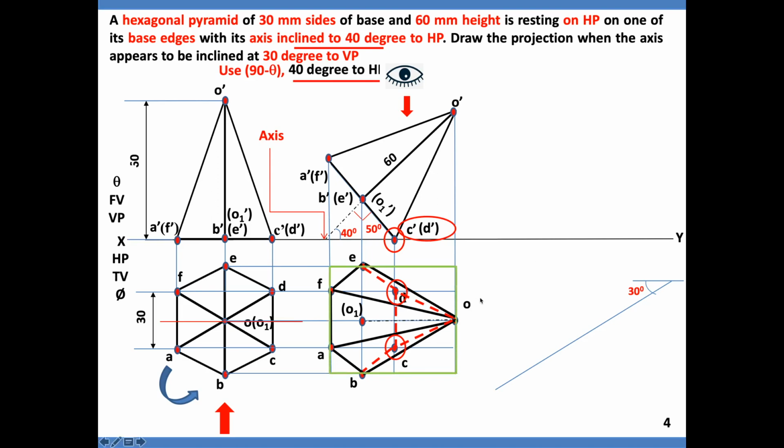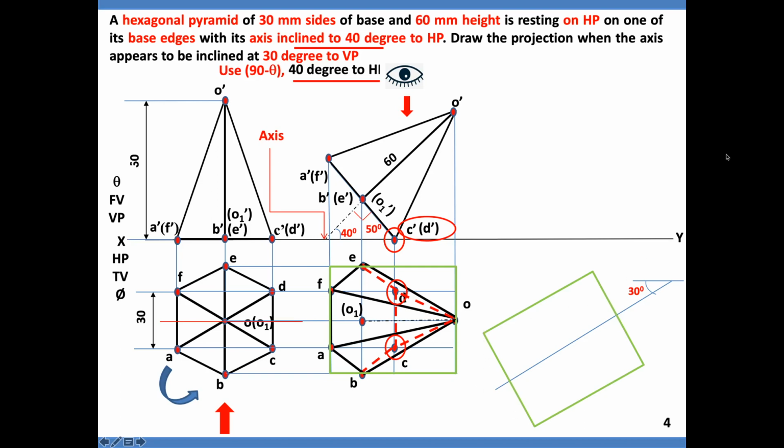Come to fourth view where you can see the cursor and draw the border represented in green color. Notice the shape of the border. It is rectangle. Draw the same rectangle on 30-degree line and then identify the points and draw the view. See step by step. Yes, as I told, rectangle, it has got length and breadth. Measure the length where you can see the cursor movement. Measure the breadth and find out the breadth midpoint. Mark the midpoint here. Draw the breadth here. Draw the length. You got the rectangle.